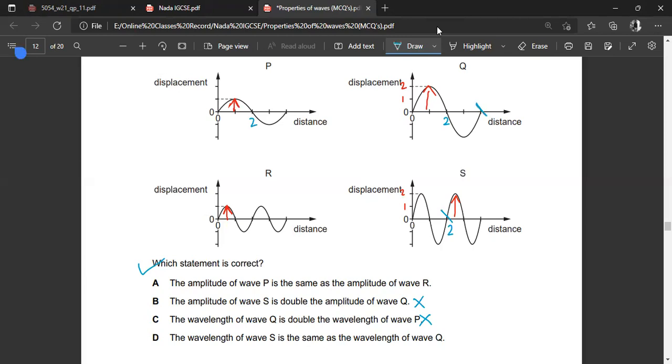Also not correct because the wavelength of Q is greater than the wavelength of S। ठीक है, क्योंकि हम क्लियरली क्वेश्चन से देख सकते हैं कि Q की वेव बहुत लंबी है। जितने डिस्टेंस में Q ने वन वेव जनरेट की है, उतने सेम डिस्टेंस में S ने दो जनरेट की है। तो इसका मतलब है वेवलेंथ Q की ग्रेटर है, राइट? तो हमारे पास ऑप्शन ए ही राइट है।